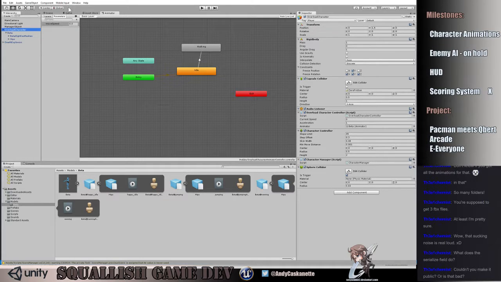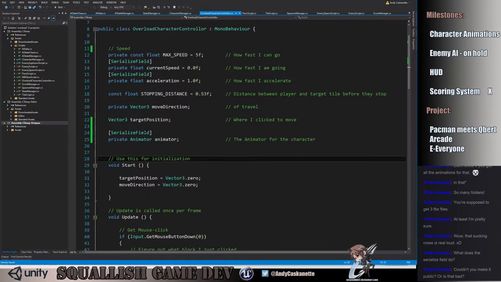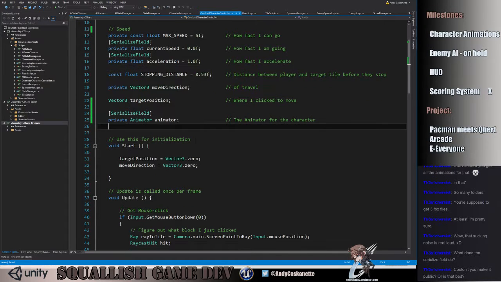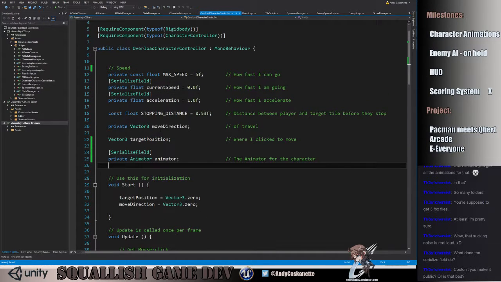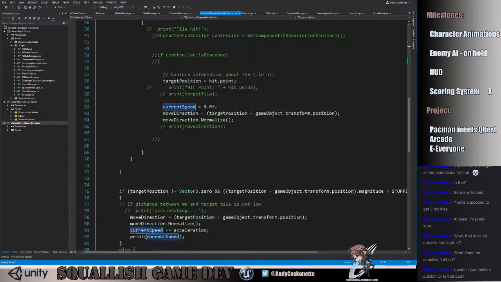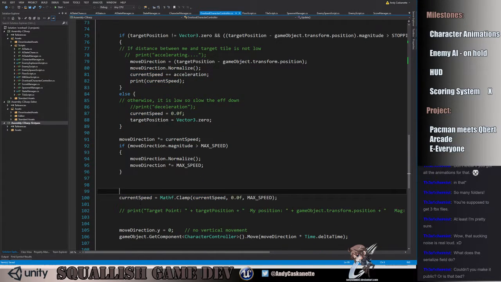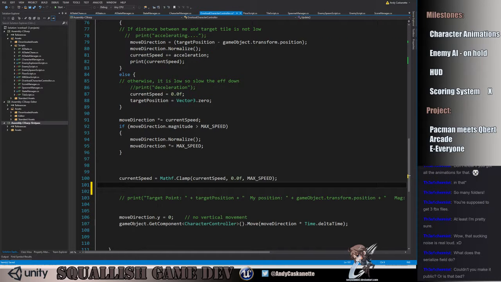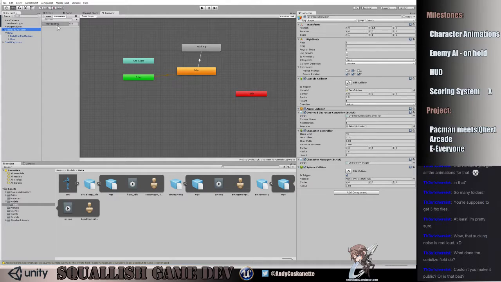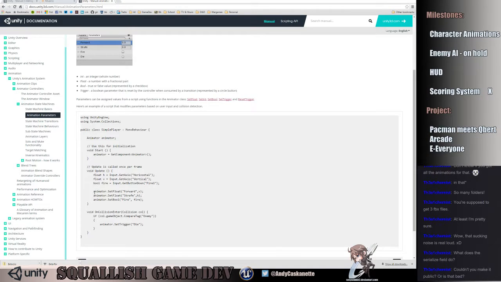And I go back to my code here. So this is my animator. I also need my move speed, which I actually already have. It's my current speed and a float. So whenever I change my current speed, or each frame basically, here I set my current speed, I have to send that speed into the animator's move speed parameter. So I do that by doing animator.setFloat